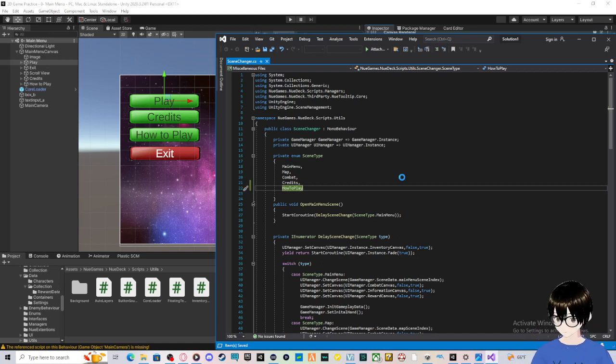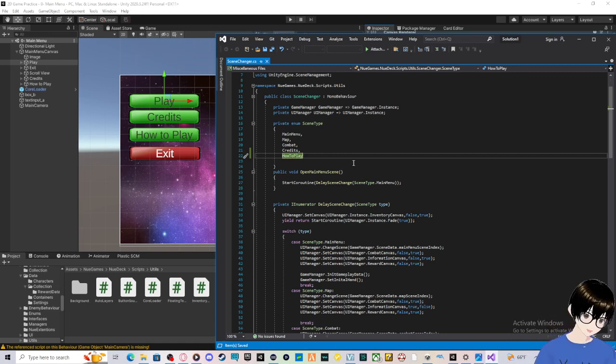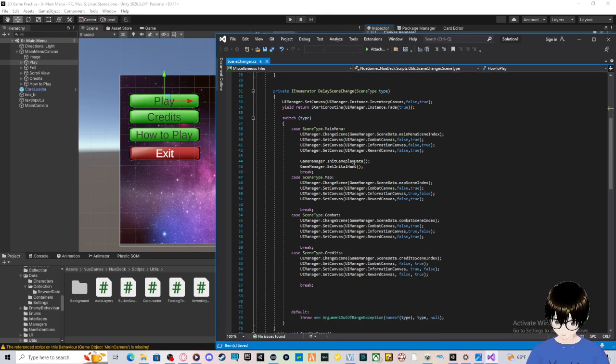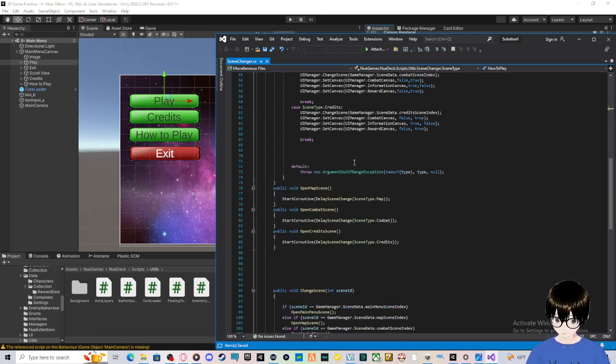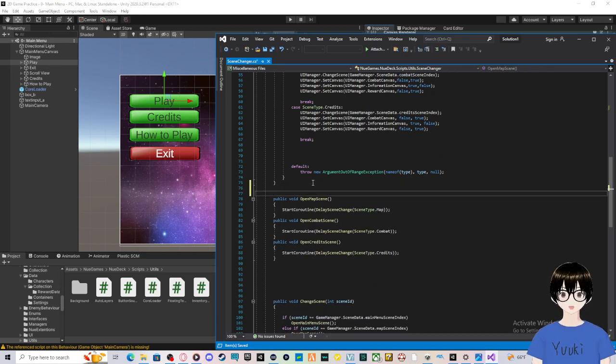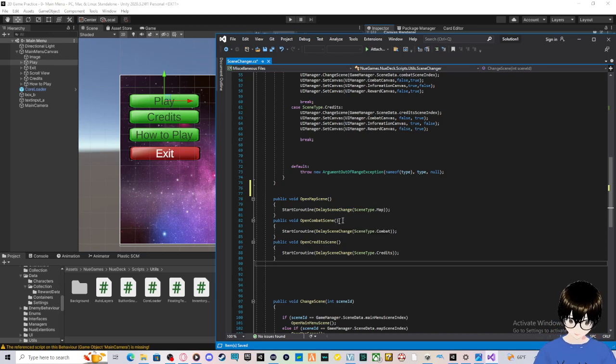Okay. We're good with part one. That is part one. Do not put a comma there unless you're gonna add more scenes. The next thing we're gonna do is go to this section where it says public void open map scene. We're gonna go all the way down to where it says open combat scene, and then